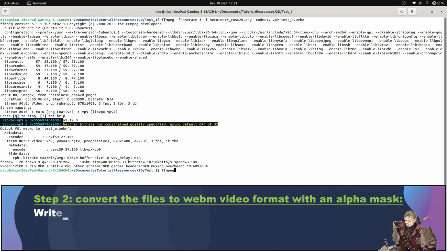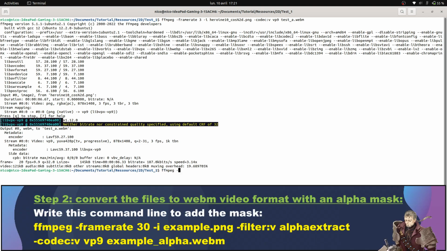The second command line is used to create the alpha mask, allowing the transparency of sprites without a background in the Ren'Py software. The number of frames must be identical for both command lines.